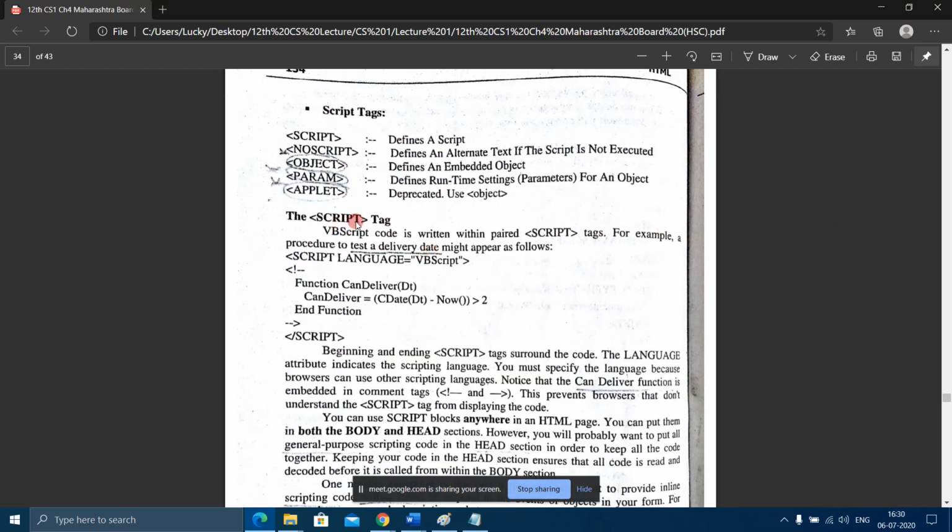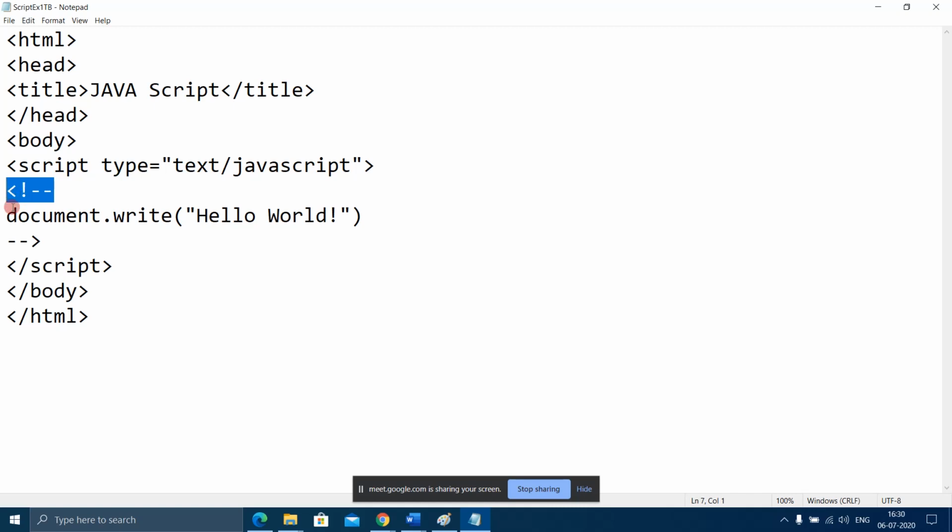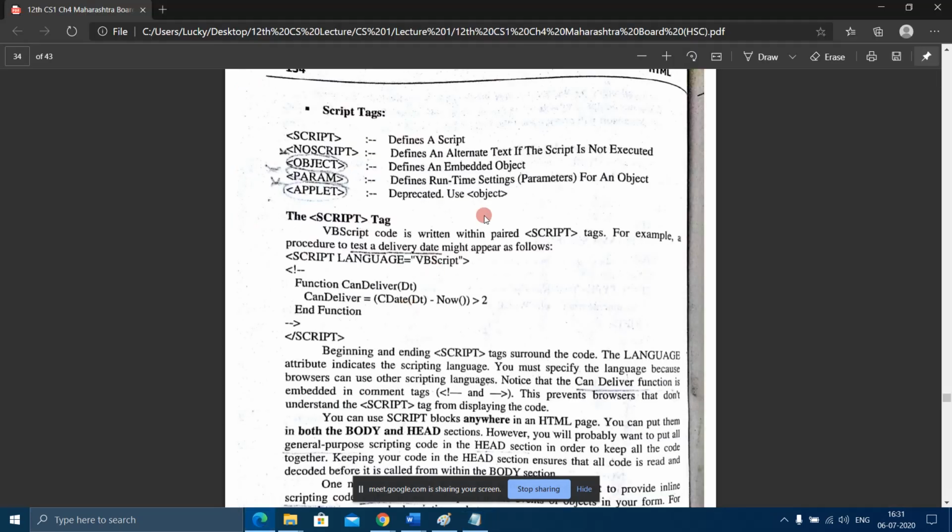Next, the script tag. VBScript code is written within the paired script tag and script tag closed. For example, this code has some mistake in it, so we will not follow this example.